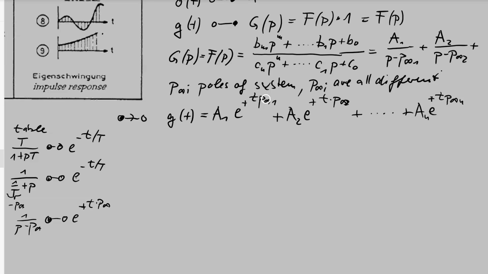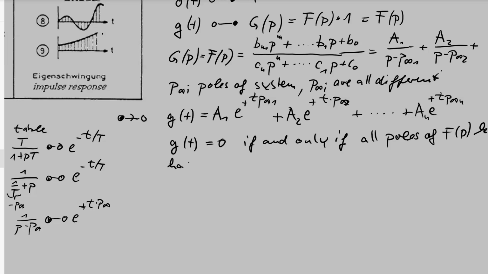This is the case if this pole is real, then it must be negative. In the other situation, if we have oscillations here, if the pole is complex, that causes a sinusoidal signal here, then you have a conjugate complex partner here, and then we can combine both elements with the conjugate complex partners. Then we can show, and I don't want to do this now, you have to believe me that this is true, this becomes 0 as final value if the real part of the pole is negative. So we can just very clearly say that this is 0 if and only if all poles of f of p have negative real part,